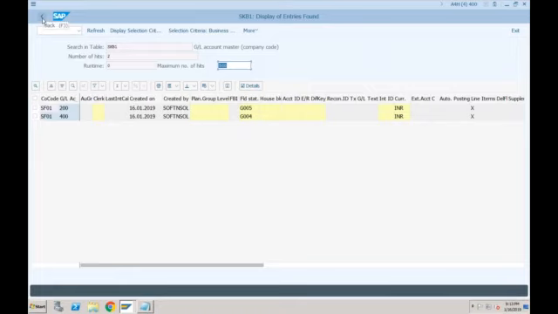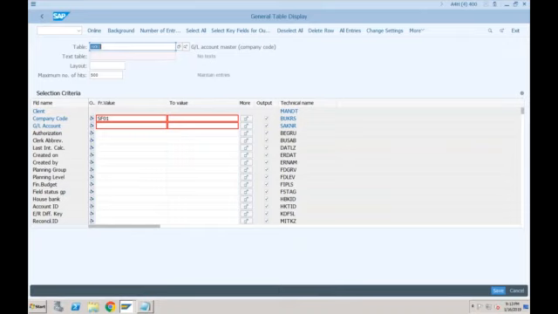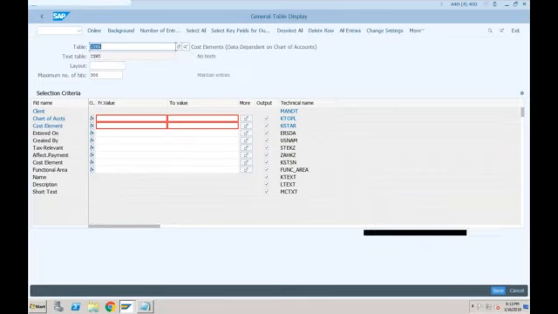What were the tables for controlling cost elements? We created one cost element, right? Which were the tables for the cost elements? Does anyone remember the table? It was CSKA, right? For chart of accounts. So the chart of accounts is SF01.